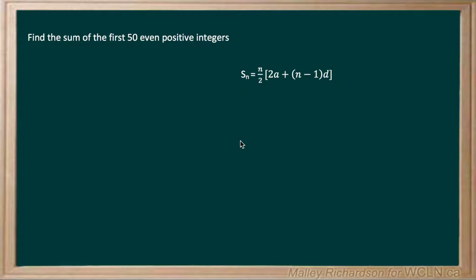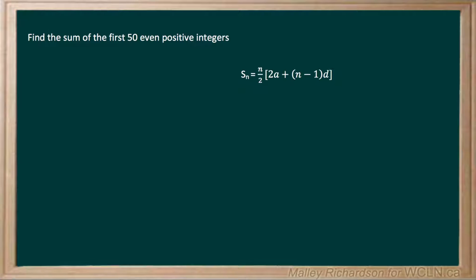In this example, we need to find the sum of the first 50 even positive integers. To find this sum, we are going to use our formula of S sub n equals n divided by 2 multiplied by [2 times a1 plus n minus 1 multiplied by d]. Because this question doesn't give us our arithmetic sequence, we are going to have to solve for the first 50